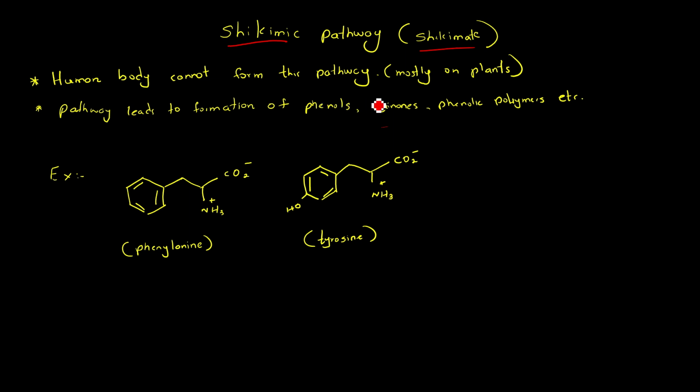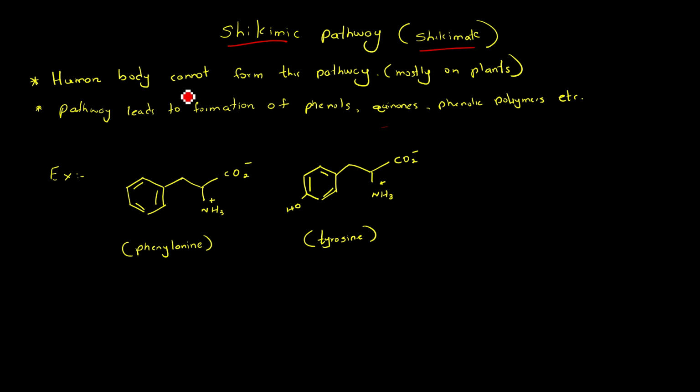Most of these compounds which are formed from our shikimic pathway are not possible in our human biology, right? Mostly you can see these metabolized in plants, not in humans. So that's why we need to consume these products, like our body can't produce them on its own, so we need to rely on plants, eat them and digest them into our human body. That's the main thing you need to know about the shikimic pathway, which is that it's not available in